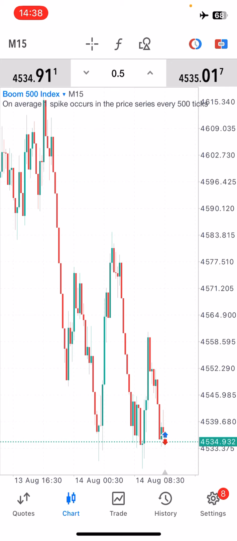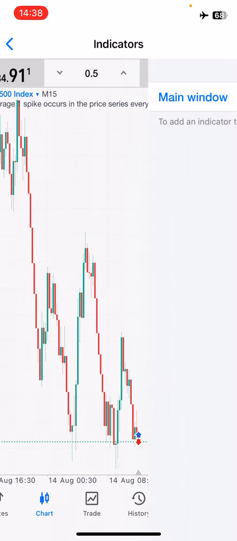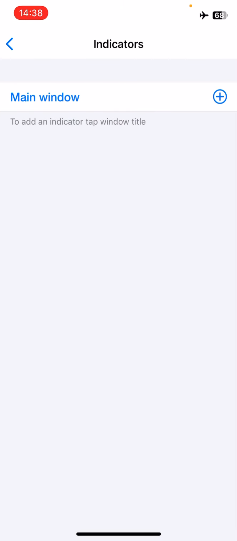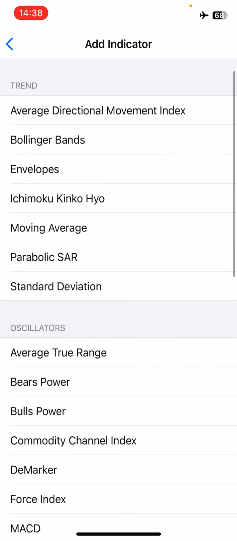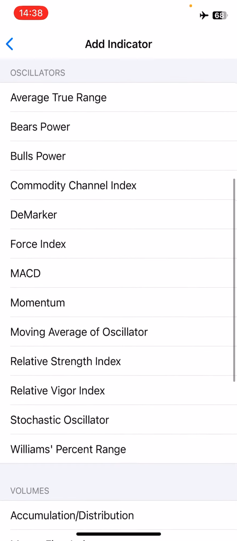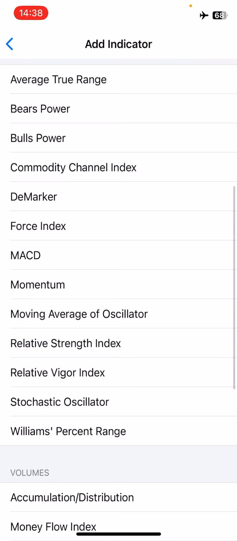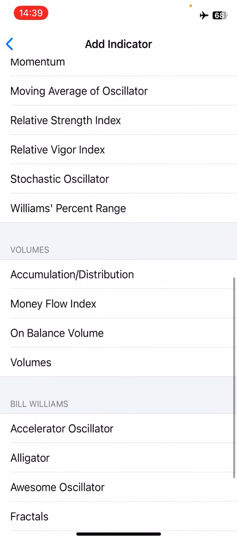The first indicator that I want to install is called the alligator. So I'm going to go to my indicator section and click where it says main window. Okay, and then we're going to be looking for an indicator called the alligator. Okay, it's down here,